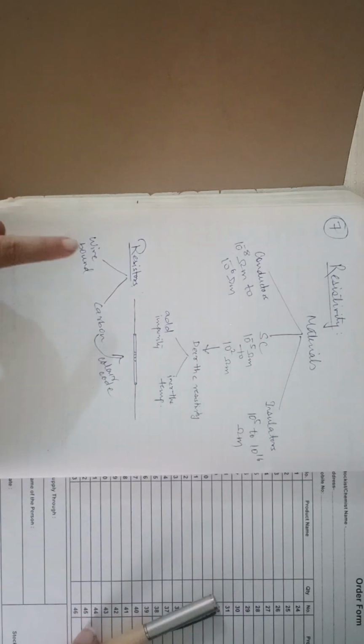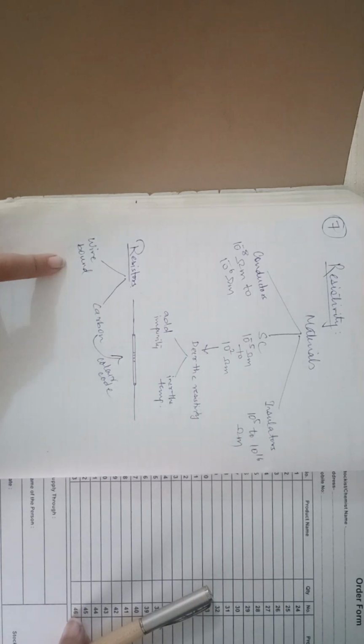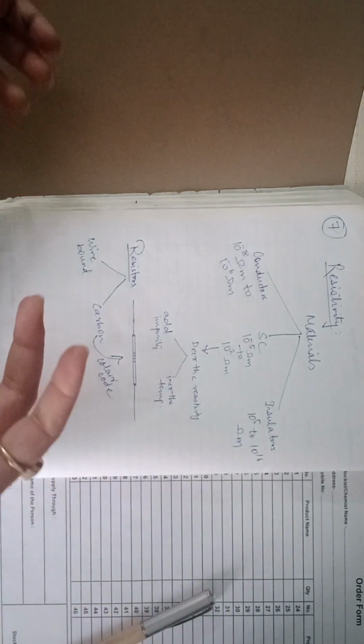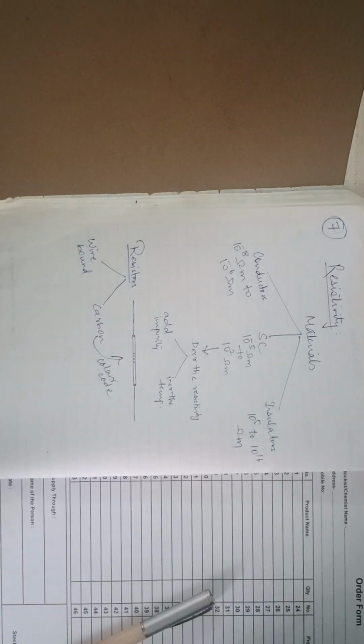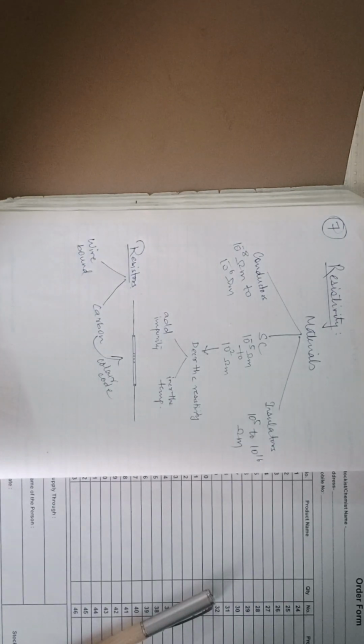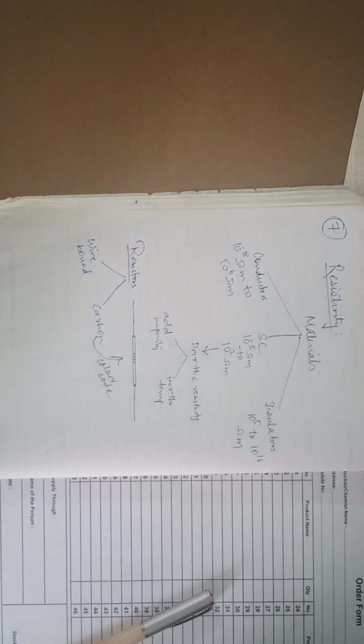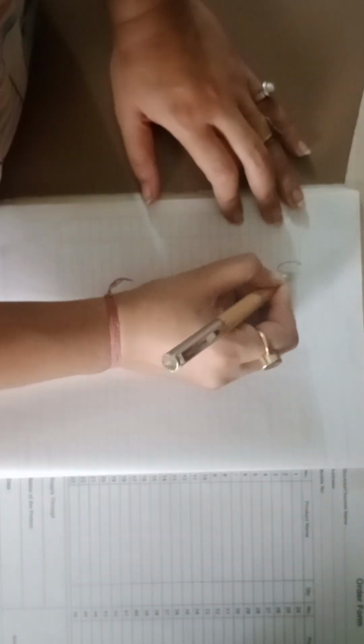And there are wire bound resistors which are actually made up of alloy, and alloy is a substance which is a mixture of many types of materials. So here the wire bound resistors are made of manganese, constantan, nichrome, and there are some more types of wire bound resistors. उसमें निकल भी होता है, कोबाल्ट भी होता है, ये सब चीज़ें होती हैं इसमें. ठीक है, so let's zoom this resistor.